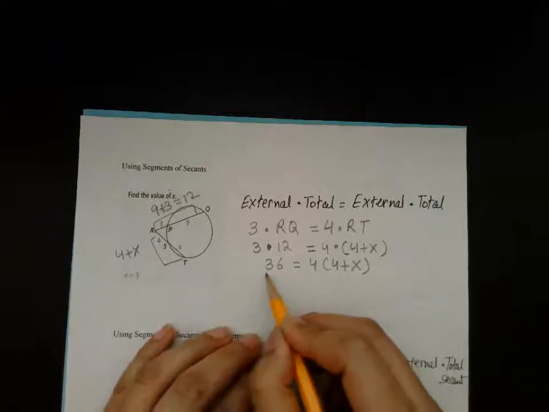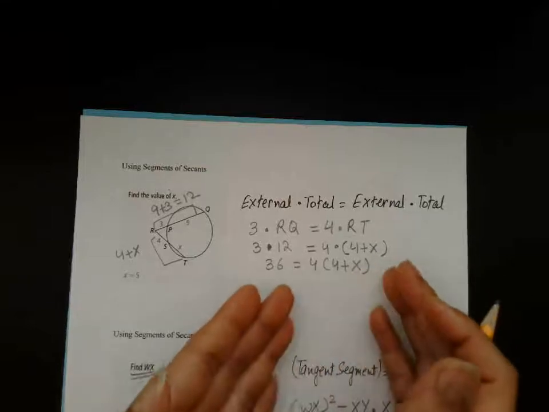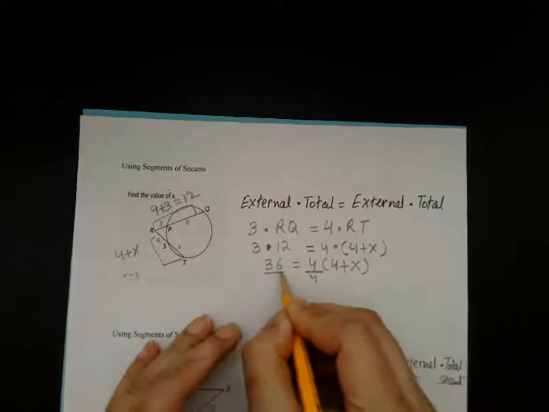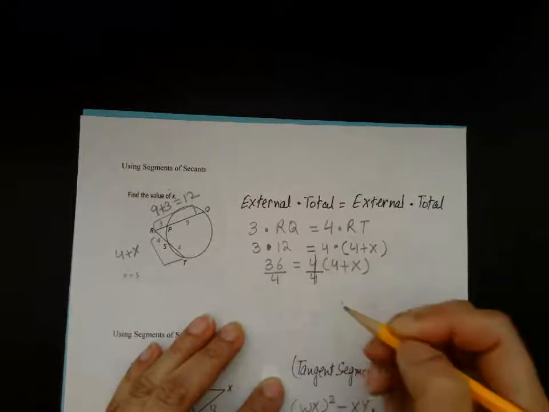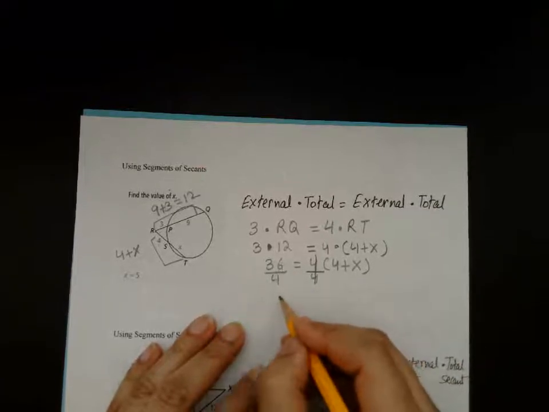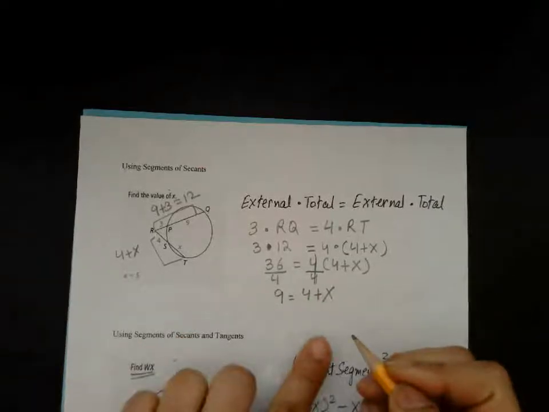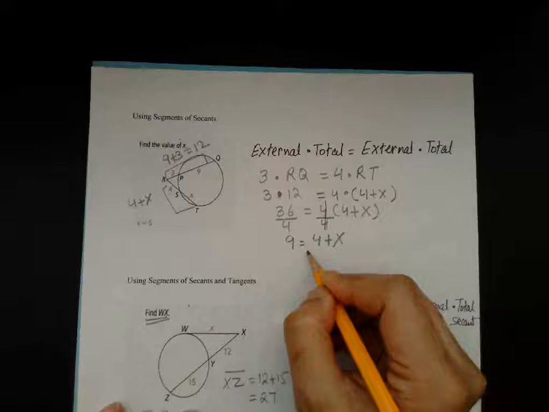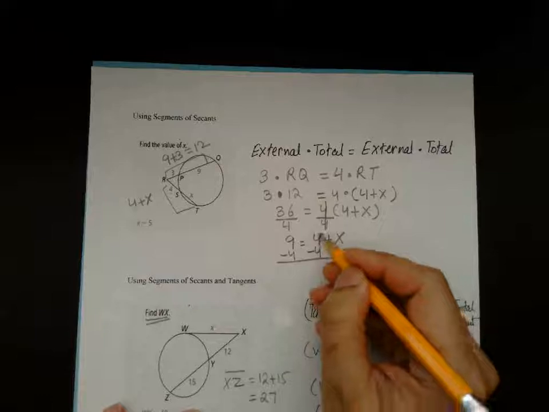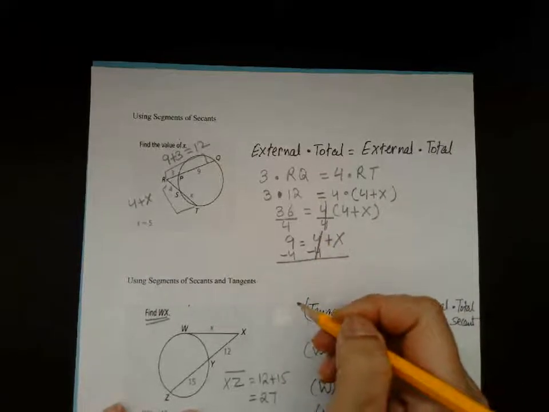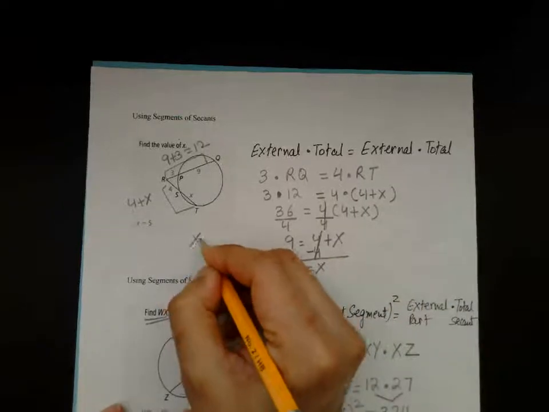Let's divide 4 both the sides, because my purpose is to find the value of x. To find the value of x, I need to isolate x. So divide 4 both the sides. If you divide 4 both the sides, it will make magic 1. And 36 divided by 4 is nothing but 9 is equal to 4 plus x. Now I need to isolate my x. To isolate x, minus 4 both sides. If you minus 4 both the sides, this will create 0 pair, and 9 minus 4 is 5. So x is nothing but